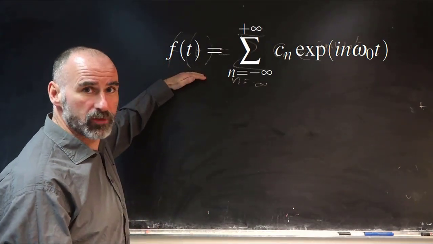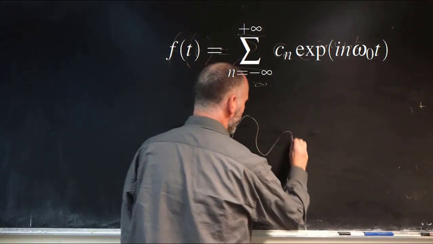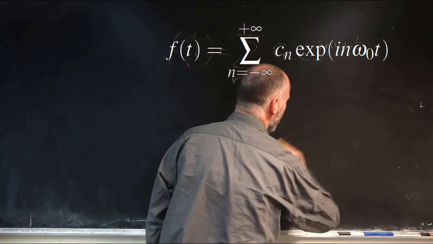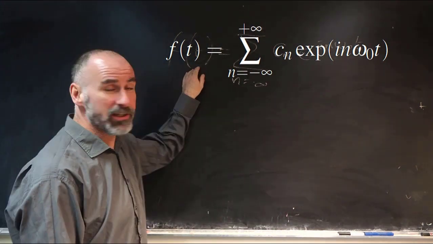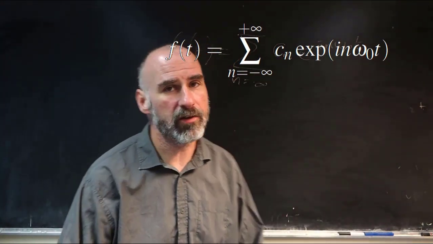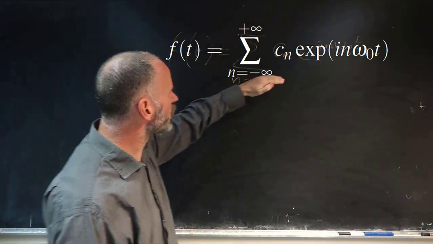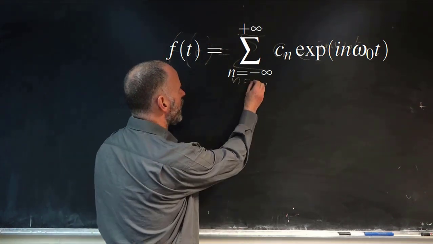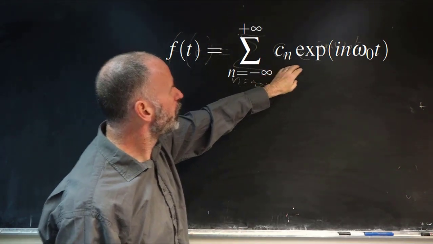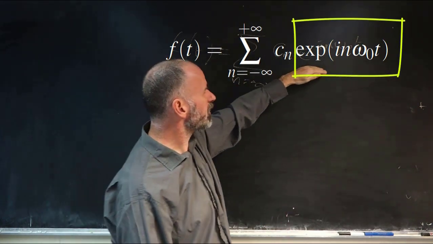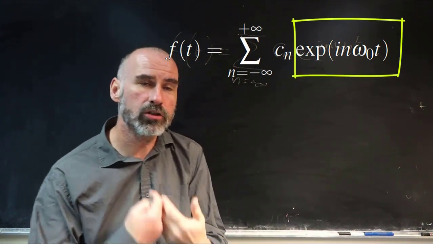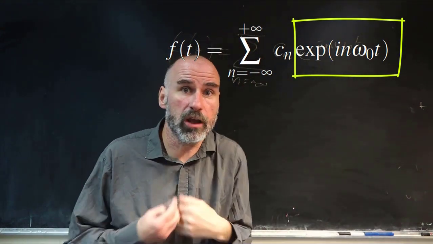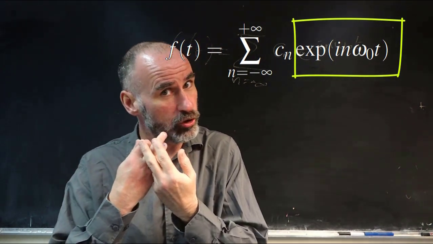Okay, so we've got an arbitrary function, whatever way you wanted to draw it, whatever arbitrary function you want to think about. As a function of time in this case, but it could be a function of x, it can be a function of whatever variable we like. And we're saying we can represent that function as an infinite sum, from minus infinity, of basis functions. And in this case, our basis functions are complex exponentials. They're a nice compact way of combining cosines and sines. But we could have basis functions that were just sines, or we could have basis functions that were just cosines,